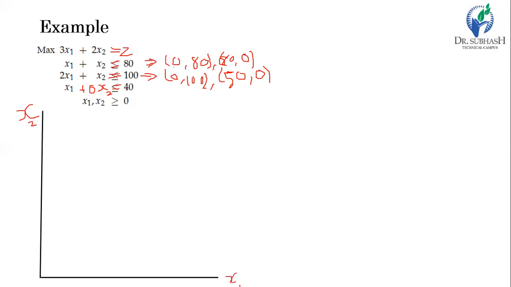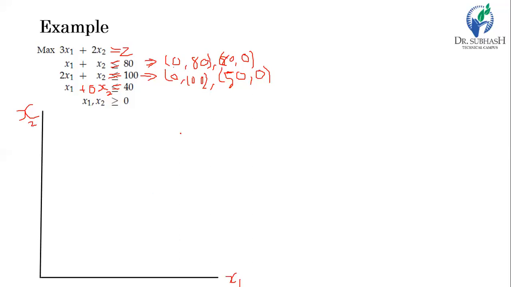In this way, we can use the axes as per the requirement of the decision variables. And this is the reason why we cannot use more than 2 decision variables in the graphical method, because it is very difficult to consider a 3-dimensional volume on paper. So in the graphical method, we use only problems with 2 decision variables.